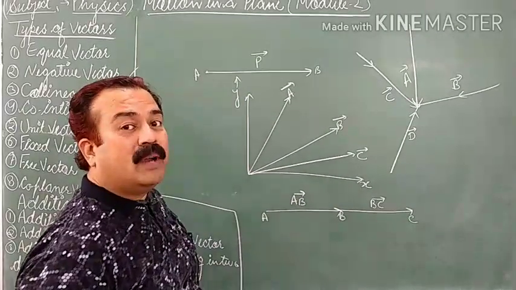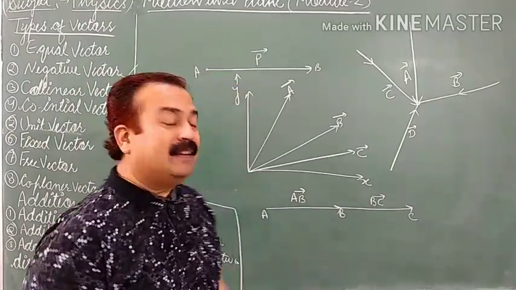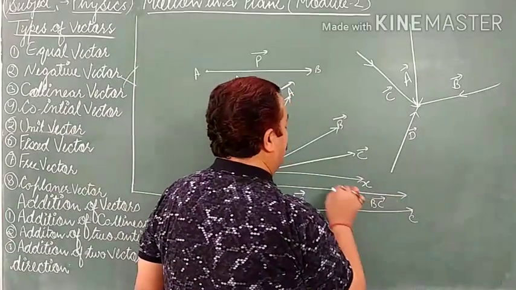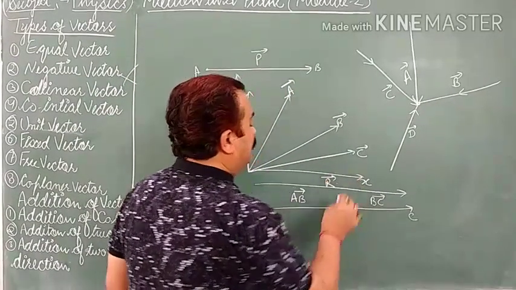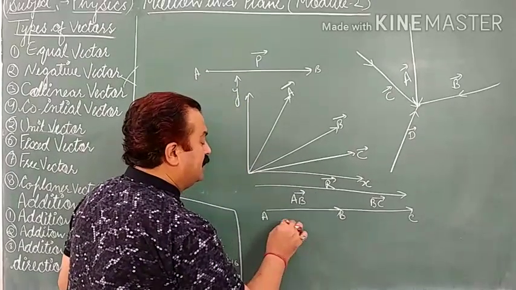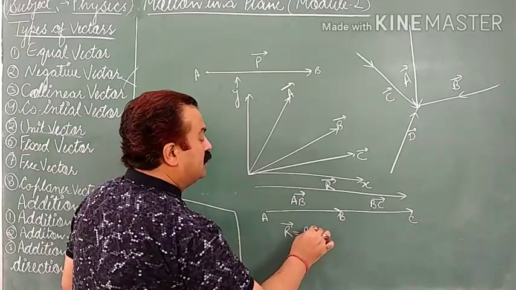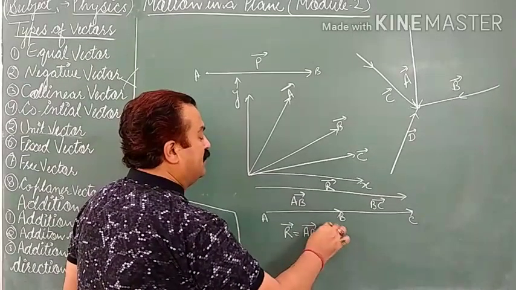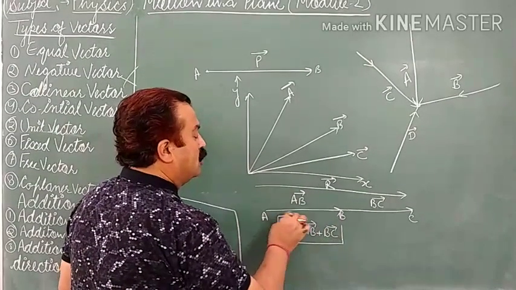If we want to add these two vectors, then let's say the resultant vector is represented by capital R. So now I can write R vector is equal to AB vector plus BC vector, and this is called